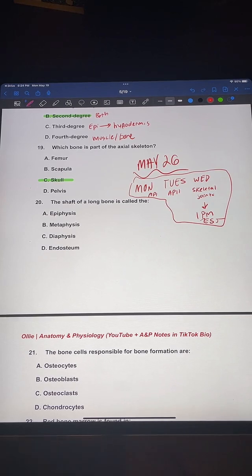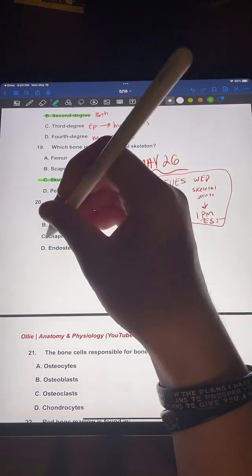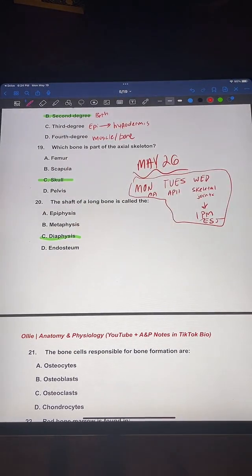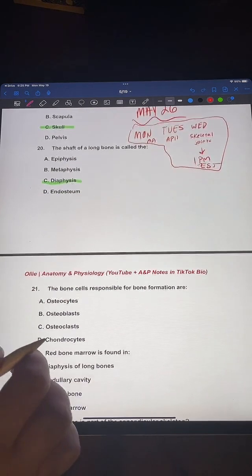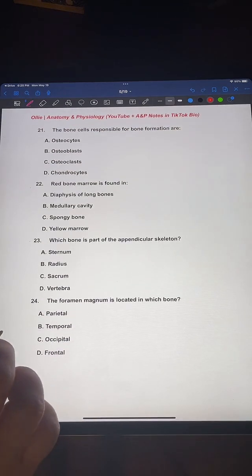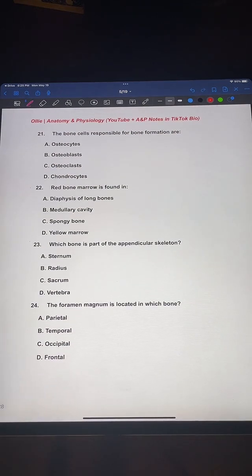But number 20, the answer is diaphysis. So that is the central shaft of the long bone, and then the epiphysis, that's the end of the long bone. Metaphysis is the growth region between the shaft and the bone end, and the endosteum is the membrane that lines the inner bone. Moving on to number 21, the bone cells that are responsible for bone formation are